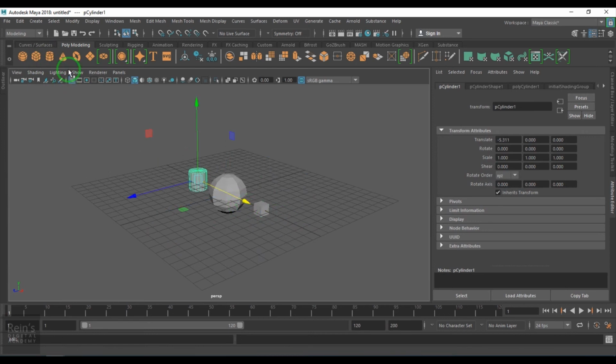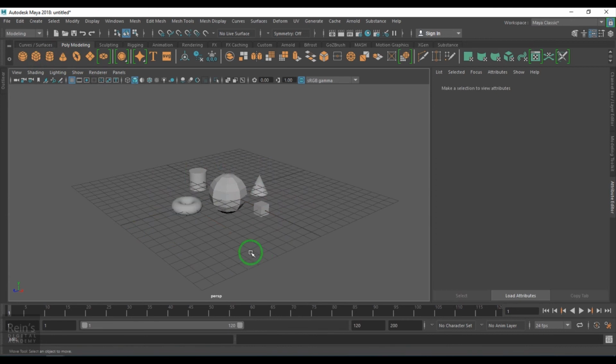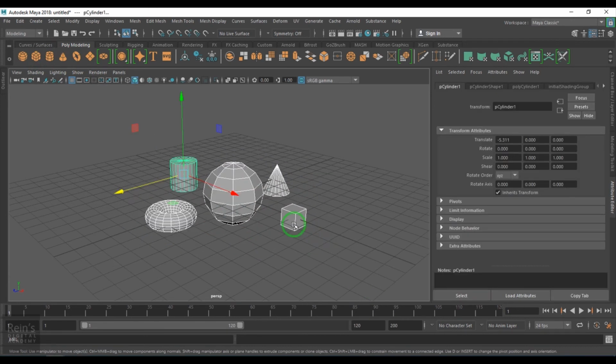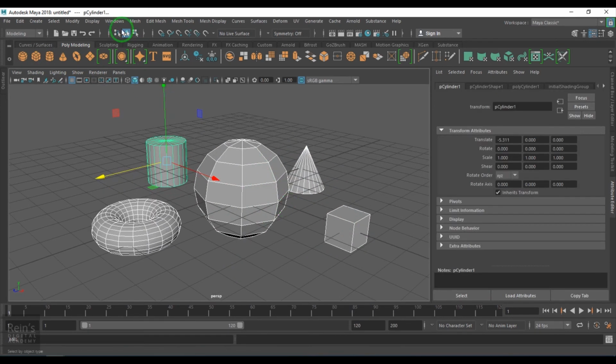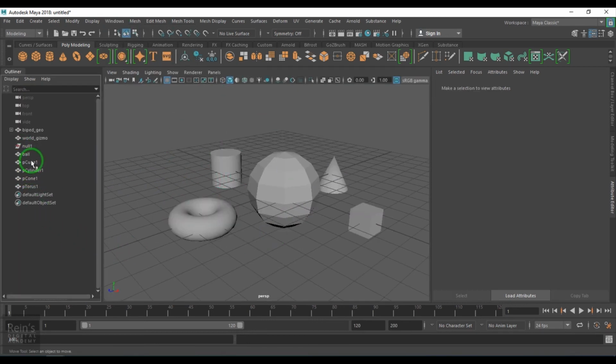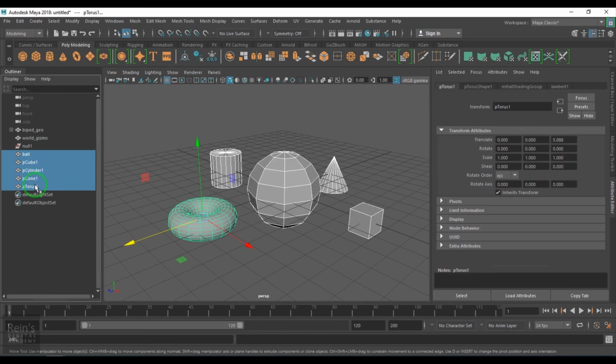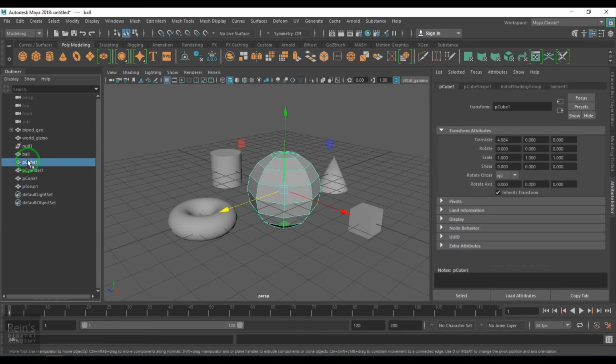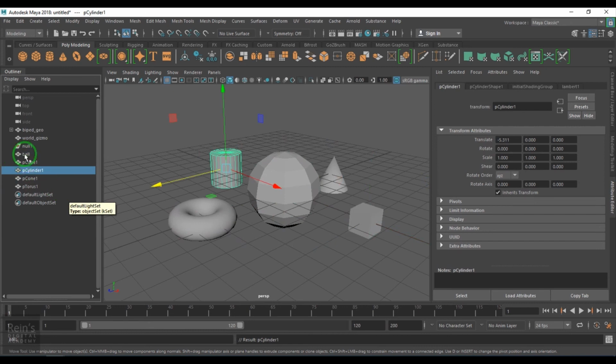I just create some objects here to understand something in the Outliner. If you see in the Outliner, we have several primitives created: the ball, cube, and so on. If I press the arrow button here, I'm shifting my selection, like a cycle selection.